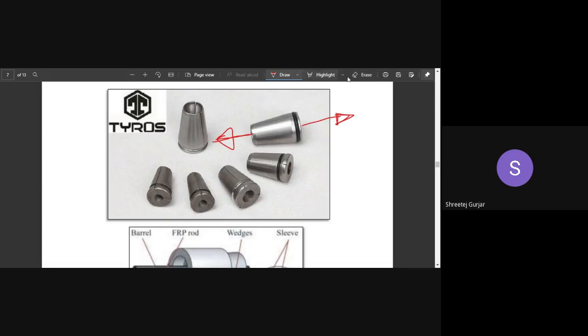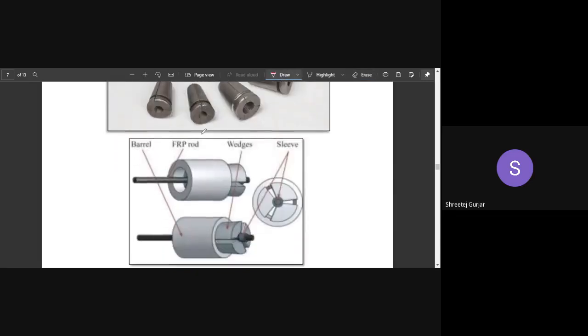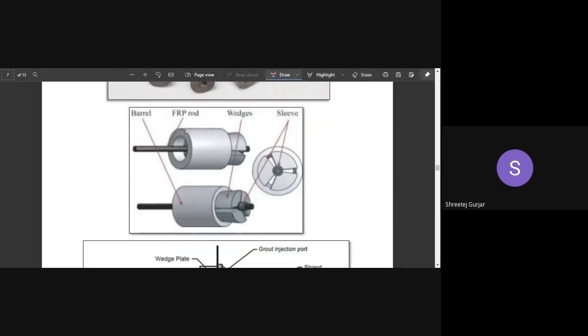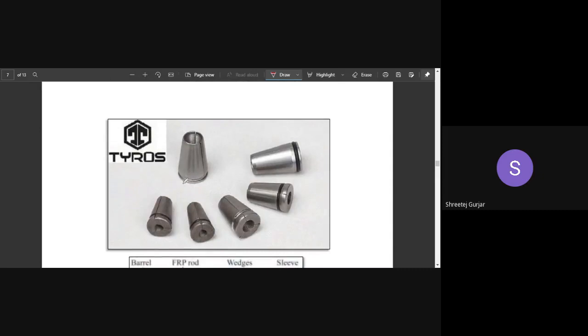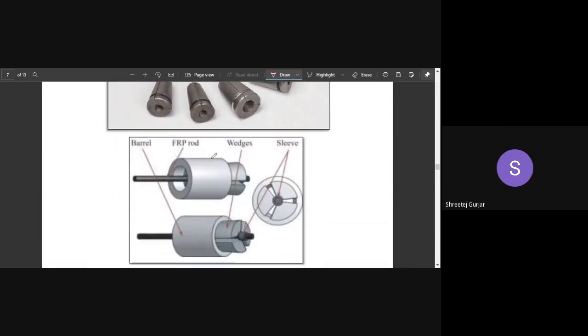So this is one example image of a steel wedge; you can see various steel wedges. In this image, this is called the male part, and this male part goes into your female part, that is your cylinder. This is a cylinder, and this is your wedge. This is the direction in which your steel tendons are tensioned, in this direction they are pulled.